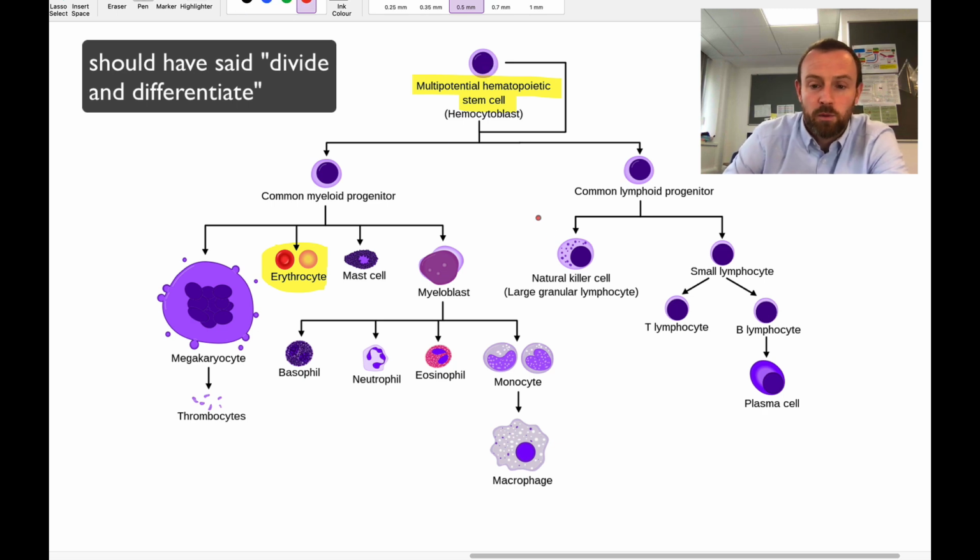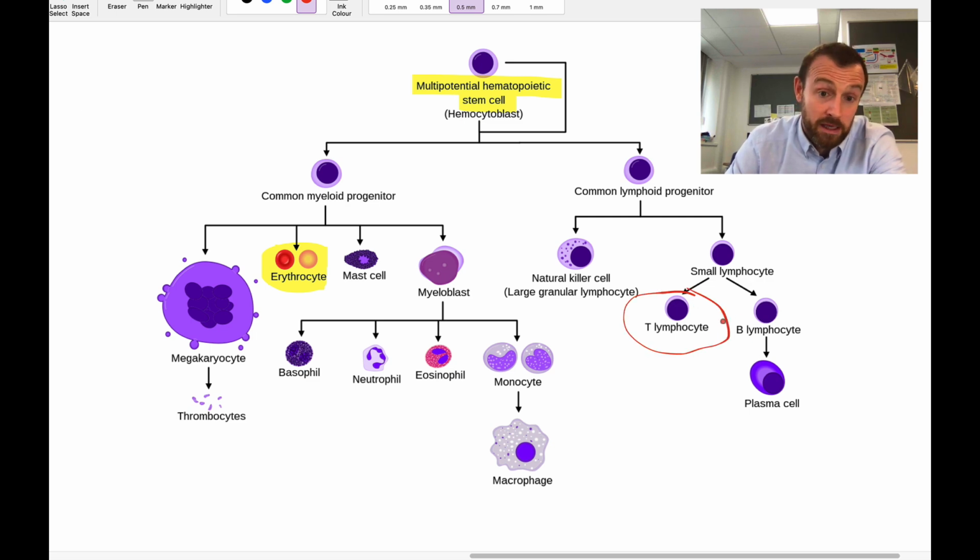Leukemia is often when too many lymphocytes are being made that target the body. So we might also want to use a stem cell transplant to produce other cells that can be produced by this very useful stem cell. Okay, so